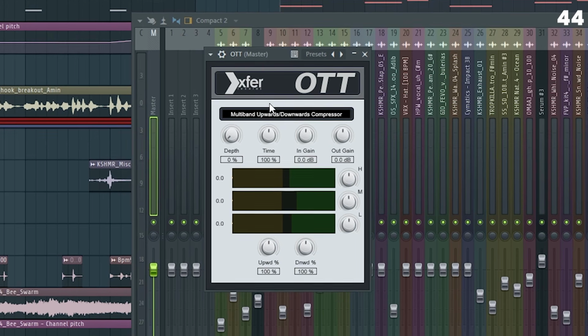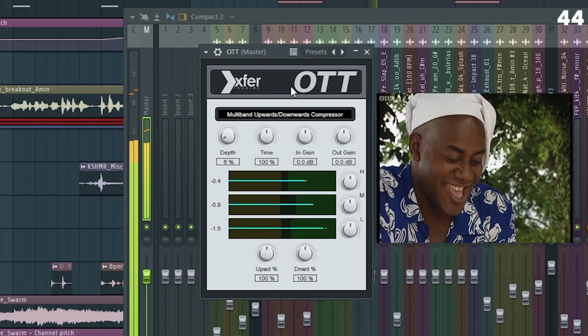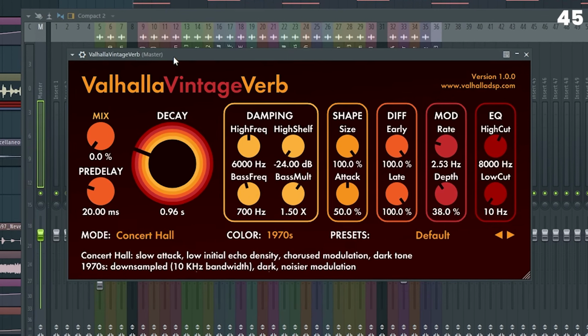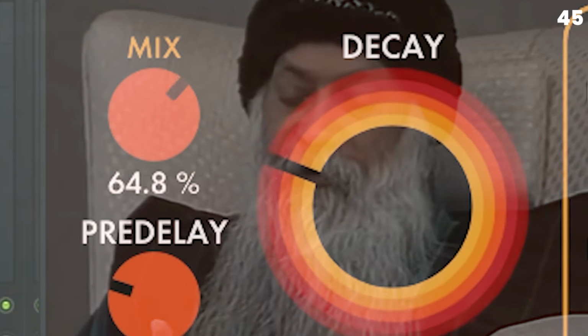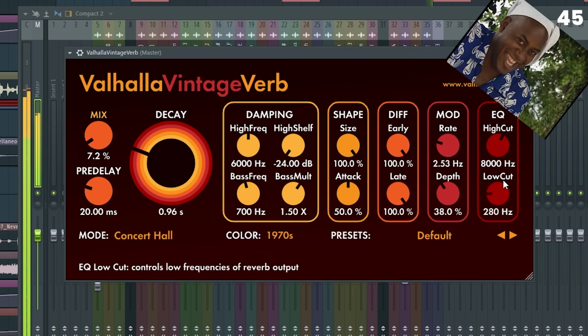Is it okay to use OTT on the master? Of course it is. If it sounds good, add it. But is it okay to add reverb to the master? The people are wrong. For real though, it's actually a technique that can be used to glue things together, but